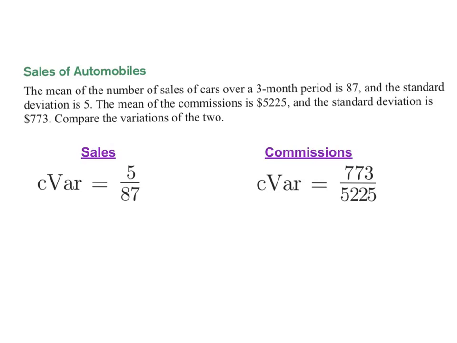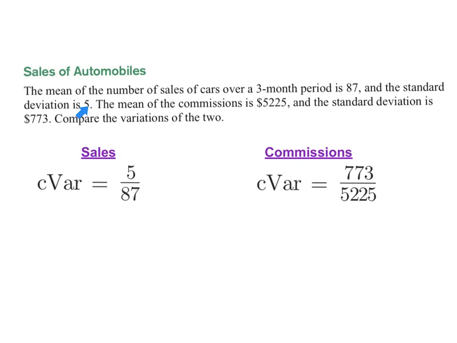So, what it should look like. For sales, the coefficient of variation is 5 divided by 87, because the standard deviation is 5 and the number of cars sold was 87. For commissions, the standard deviation was 773 divided by the mean, which is 5,225. Okay? When you divide those by the mean, see, because if I just compared the standard deviation, if I just compared